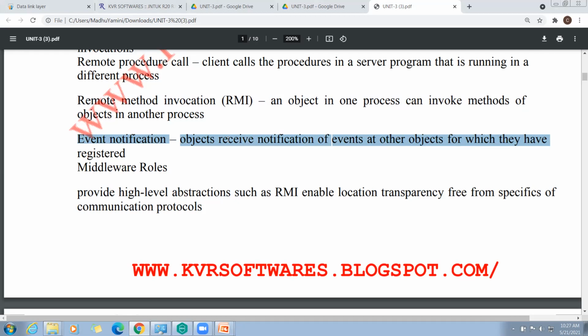Next concept in this unit is we need to know about the middleware. What is the meaning of middleware?